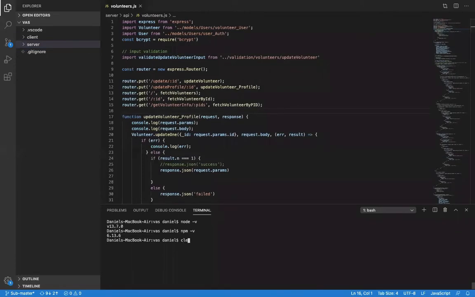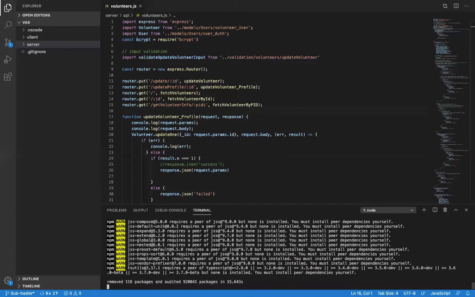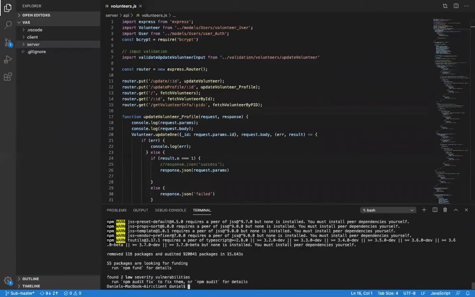Next, we're going to want to navigate to the client. And when we're in the client folder, we're going to want to run the command npm i to install all the dependencies that we have in the client. This is going to take a little bit, especially since this is the first time you guys are running the project. And once that is done,